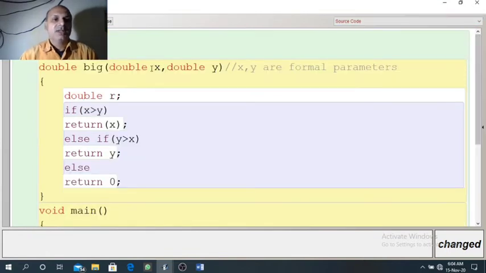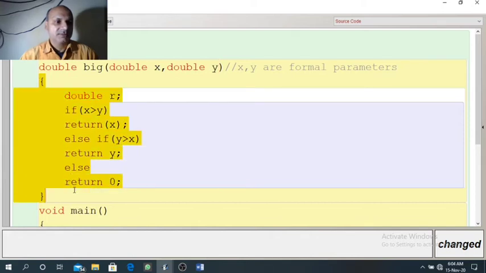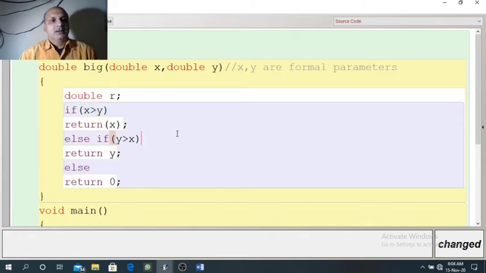Copy of 6 will be received in x, copy of 5 will be received in y. Now this block will run. So when x is 6, y is 5, then first if will satisfy, 6 more than 5, true. So it will return 6.